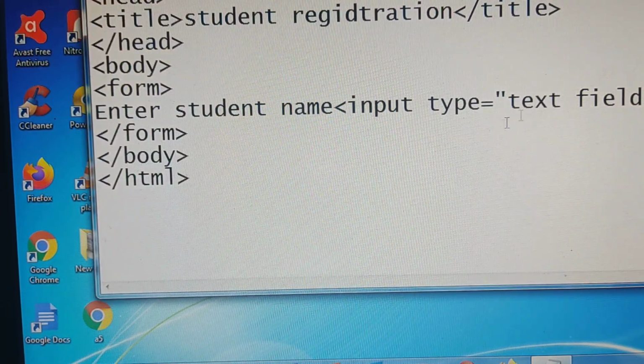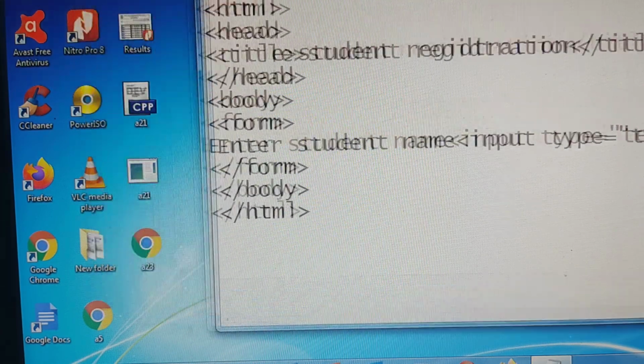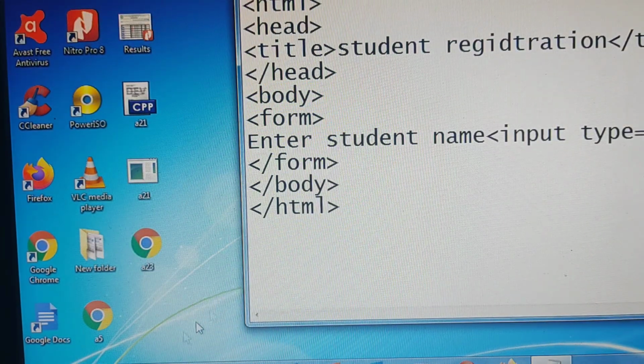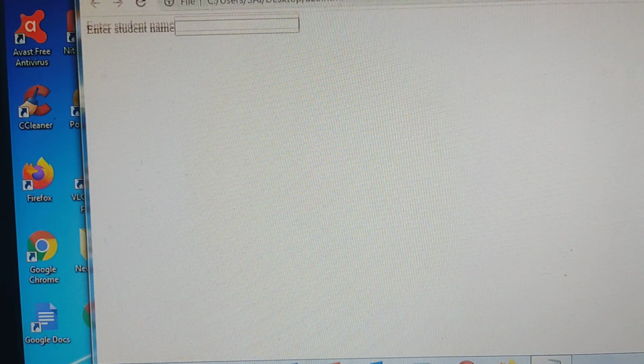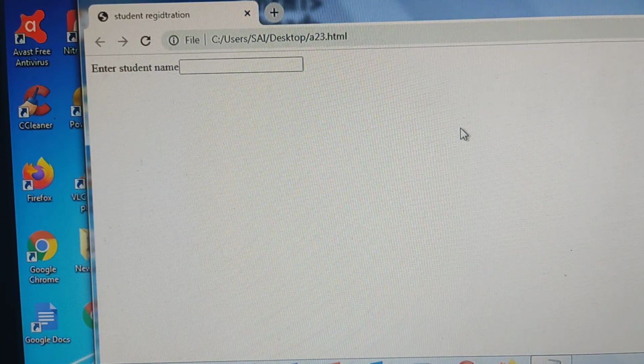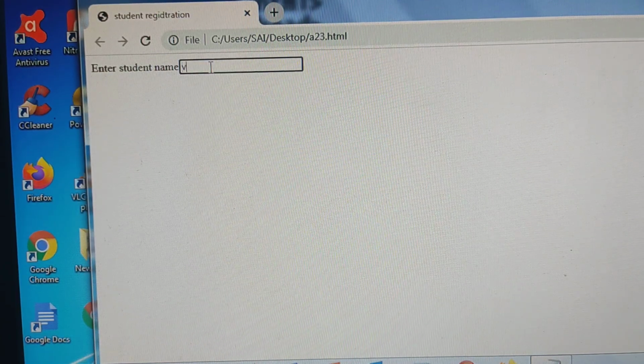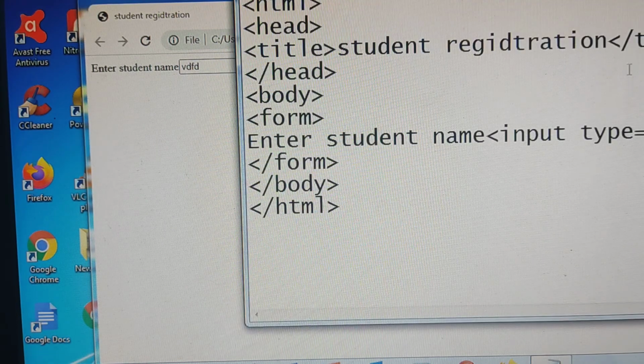Now after this one input field I will show you. Open. This is your browser window. You can see the output here. Enter student name. So here we can enter the information. Okay, there is the first text field.